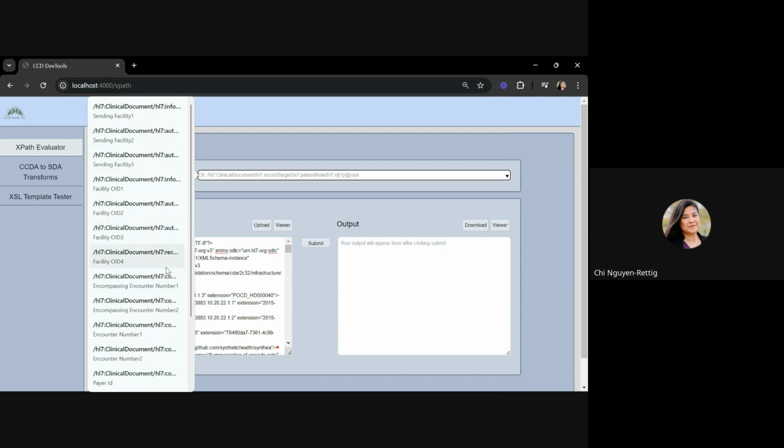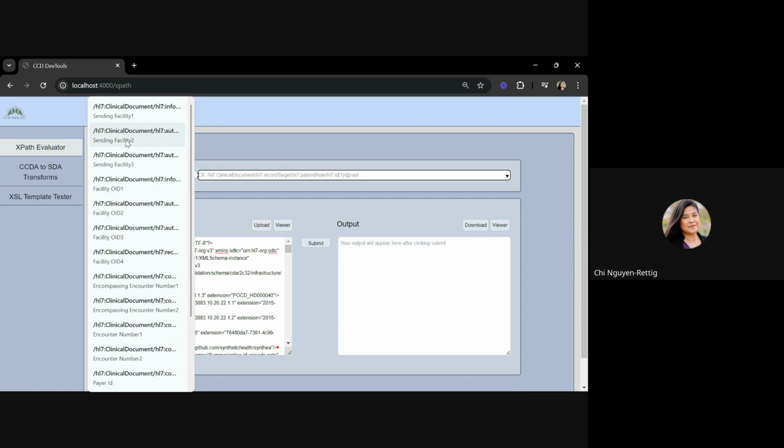These are based on the CDA or CCD to SDA annotations, which detail what mappings the base code, the default code in Iris, is using. So for example, there are 3 sending facility possibilities here, and this is aligned to the 3 alternate locations that the code base is using to look for the sending facility. One takes precedence inside the code base, and if one is not found,